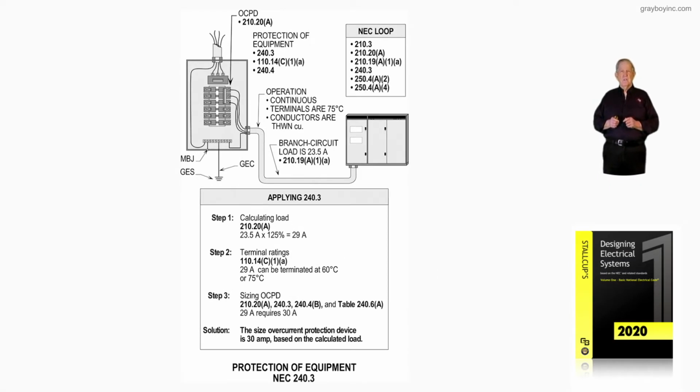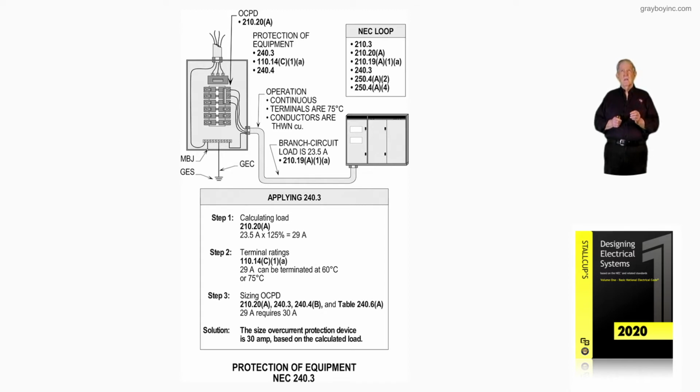Now this illustration deals with protection of equipment. So in other words, the overcurrent device under this section is protecting the equipment. Now, reviewing the information, the NEC loop, to understand exactly what 240.3 is really requiring, you would look at 210.3,